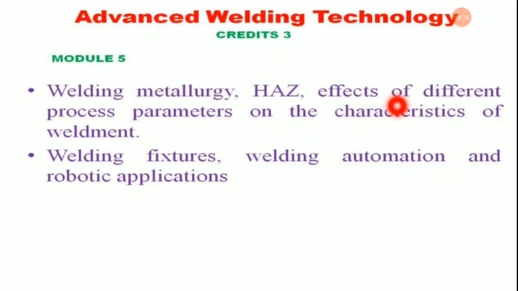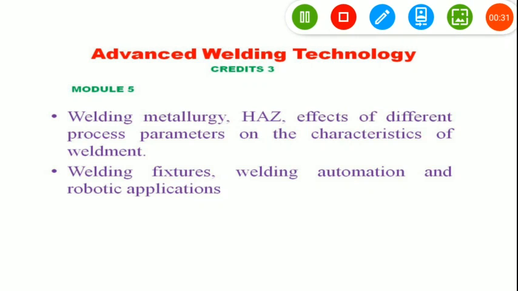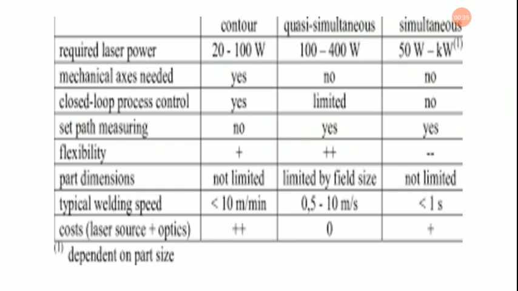Previously we have discussed some of the effects of the different process parameters and the characteristics of weldments. Now today we will be discussing the second part of this particular effect of different process parameters on the characteristics of weldment. So let us begin today's class. So today we will be discussing effect of GTAW process parameters on weld bead geometry of AA7075 T6 weldments. Gas tungsten arc welding is mainly